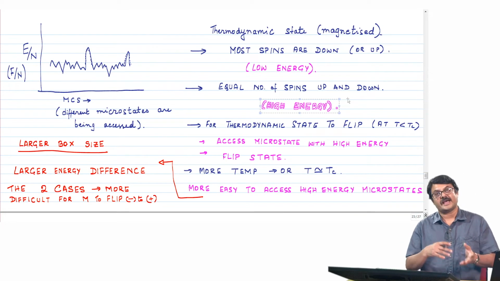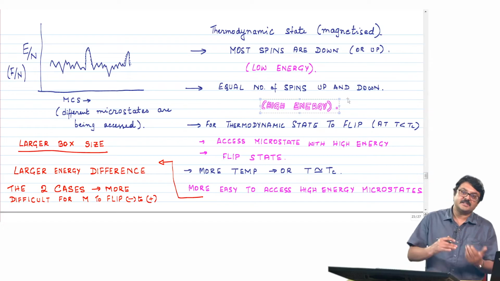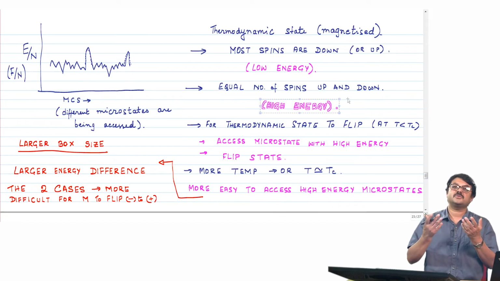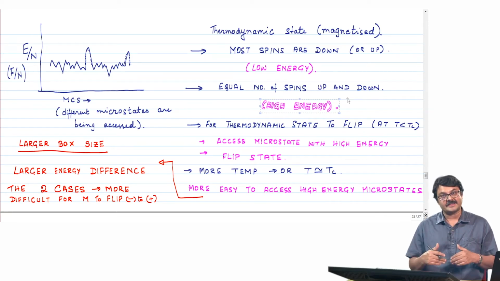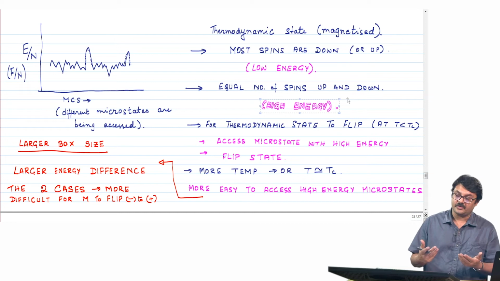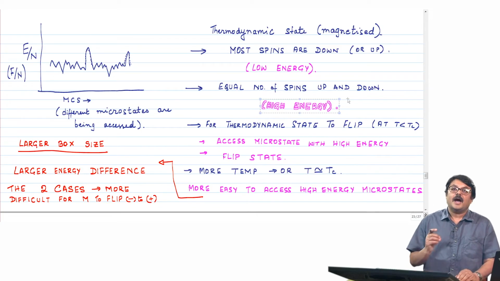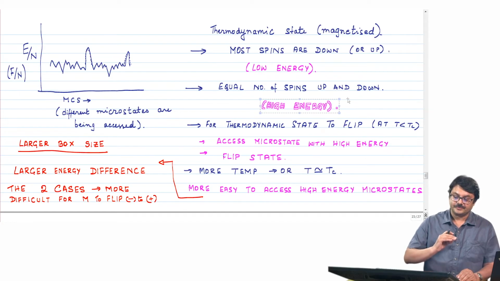Then, when it tries to access low energy microstates again, it is possible that, suppose initially most of the spins were up, it goes to a high energy microstate with equal numbers of spins up and down, and while relaxing back to a lower energy microstate, it goes to a microstate where most of the spins are pointing down. Most spins pointing up and most spins pointing down have an equal amount of energy, and for the magnetic state of the system to flip from up to down or down to up,